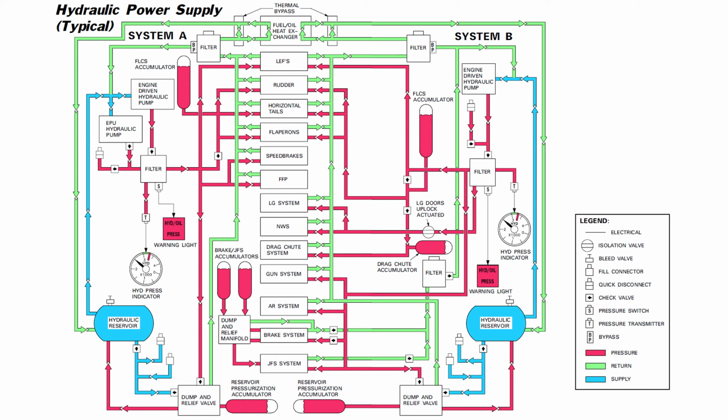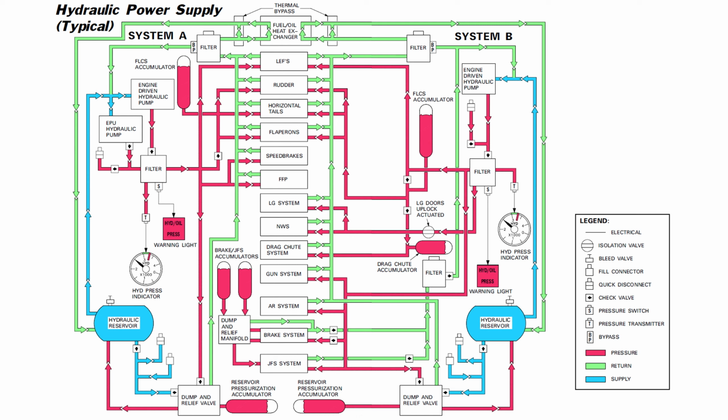Hydraulic pressure is supplied by two 3000 psi hydraulic systems. The systems operate simultaneously and supply hydraulic power for the primary flight controls and leading edge flaps. System A also supplies power to the fuel flow proportioner and speed brakes. The fuel flow proportioner depletes fuel at equal rates from the forward and aft tanks, maintaining the centre of gravity